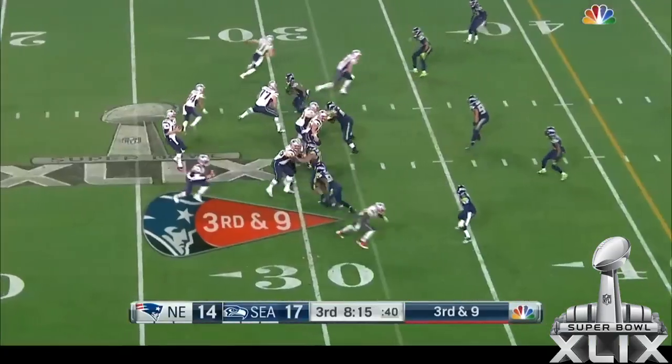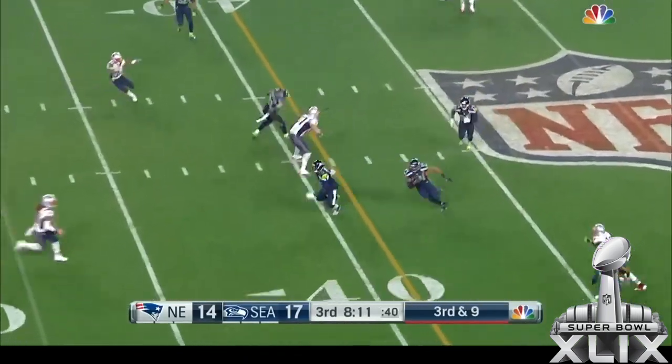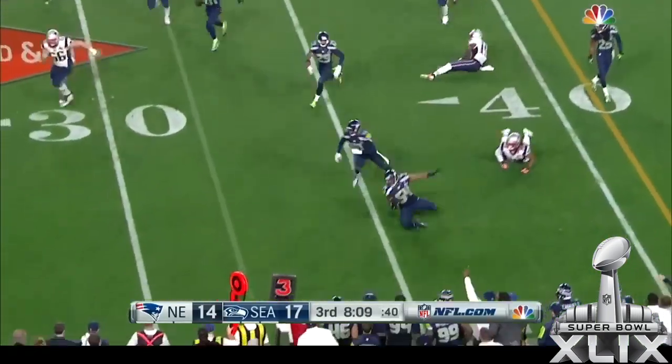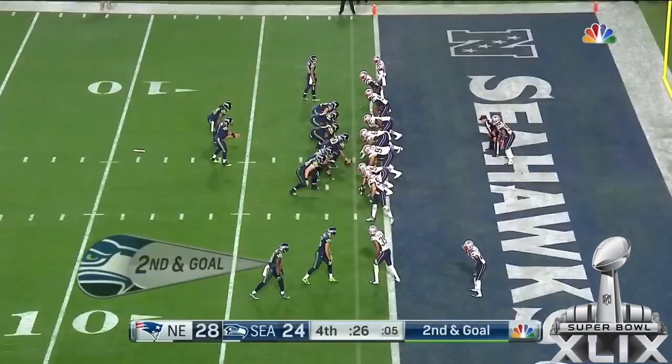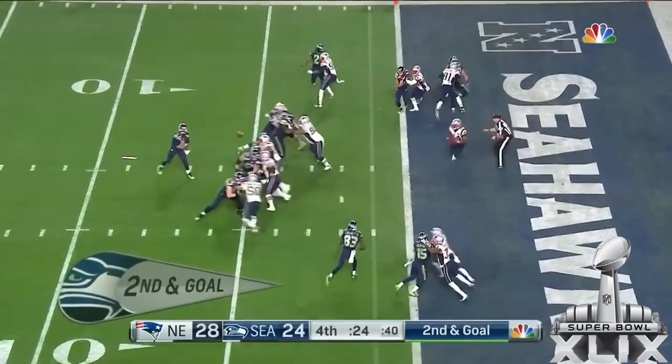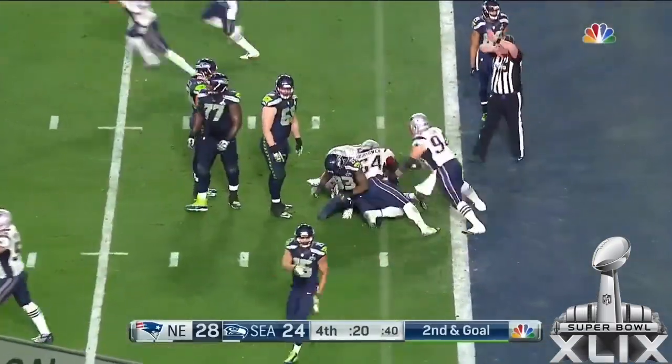Down 3, 3rd and 9. Brady looking for Gronk, but how about the play, Michael Irvin, by Bobby Wagner? Man, and I talked about Bobby Wagner in the pregame. What a great player since he got back. Play clock at 5. Pass is intercepted at the goal line by Malcolm